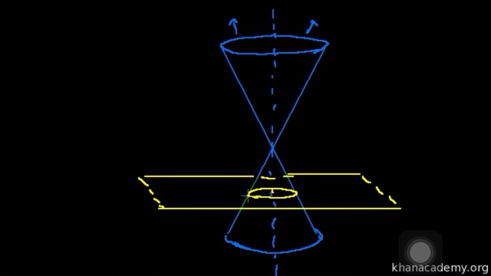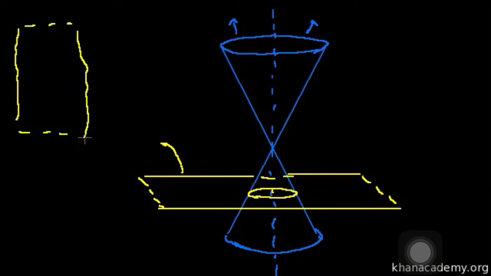And we're looking at it from an angle, but if you were to look straight down, if you were sitting here and you were to look at this plane, right above, if I were to just flip this over like this, so we're looking straight down on this plane, that intersection would be a circle. Now, if we take the plane and we tilt it down a little bit,